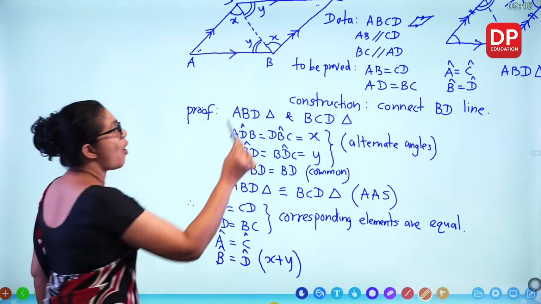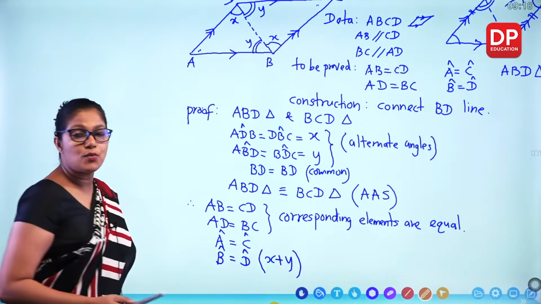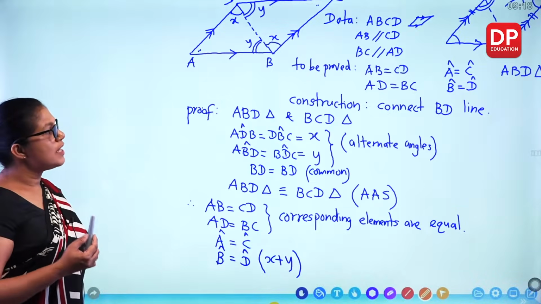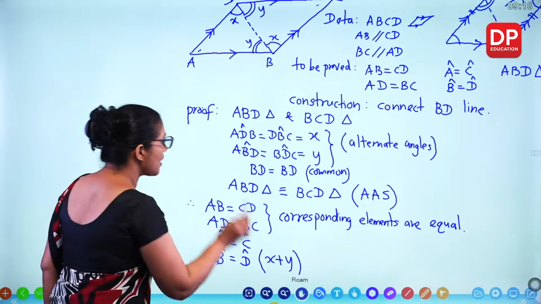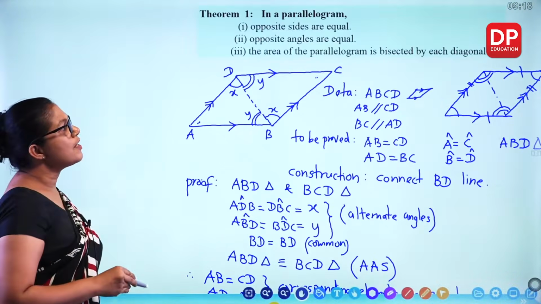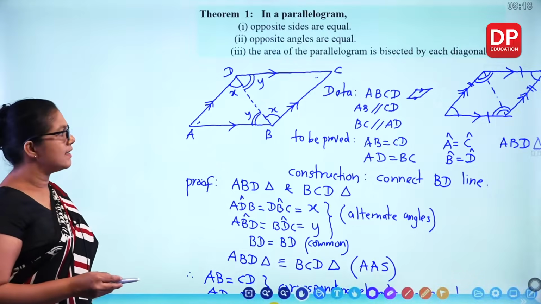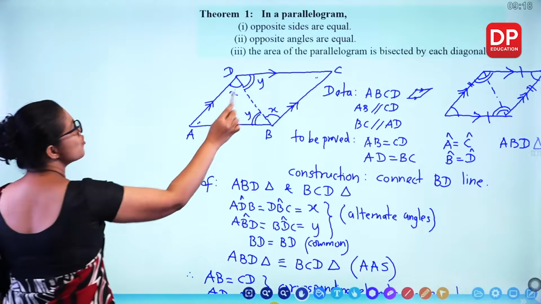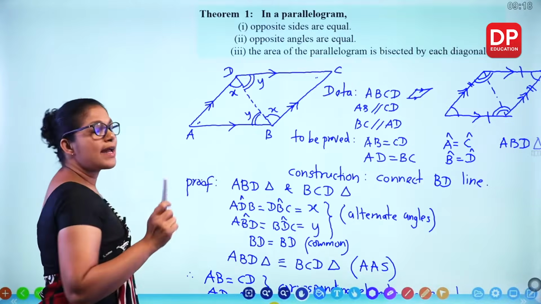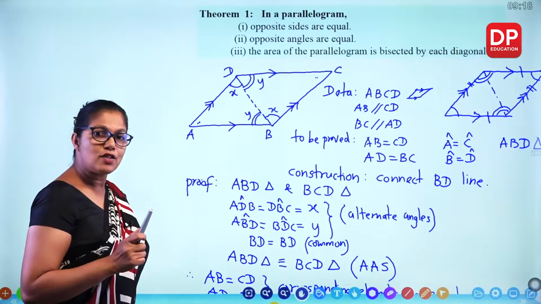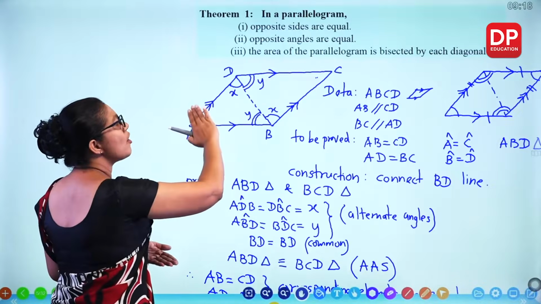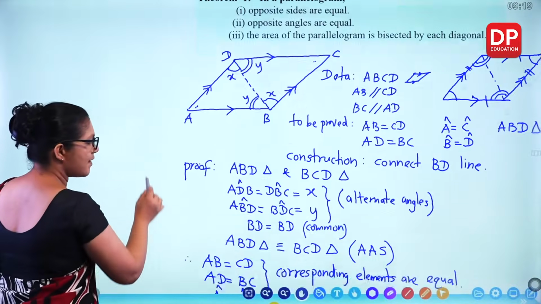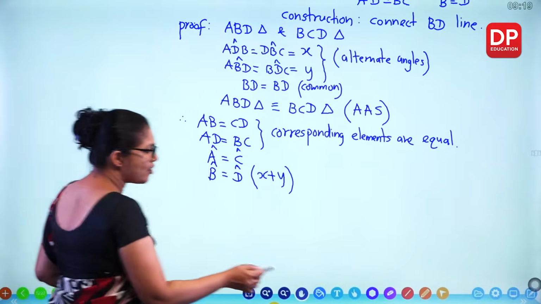So we found out opposite sides are equal as well as opposite angles are equal. Now the last part we need to show that the area of the parallelogram is bisected by each diagonal. Now when you take BD diagonal, what can you say about these two triangles? We found out these two triangles are congruent. Congruent means you can keep one triangle on top of the other. That means equal area. So straight away I can write, because these two are congruent,